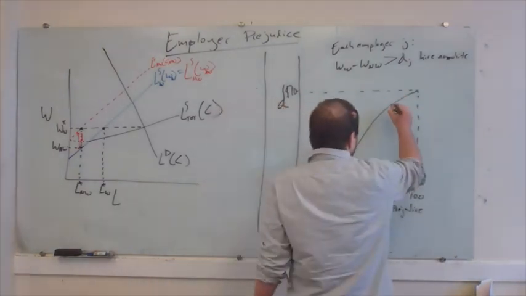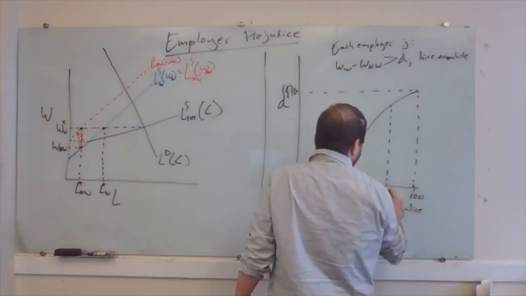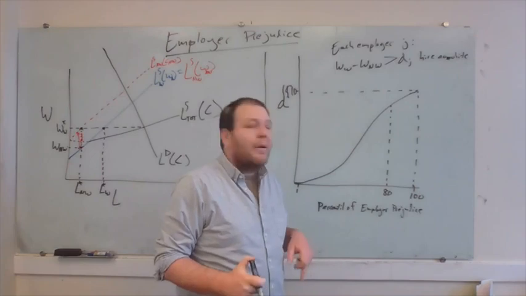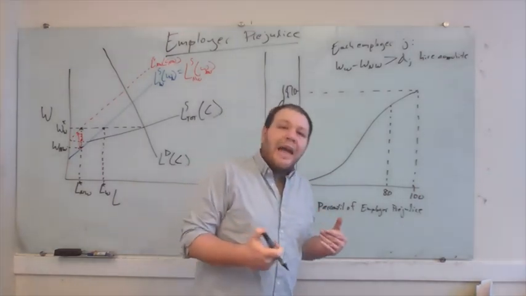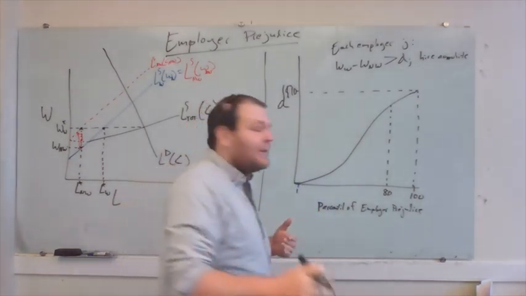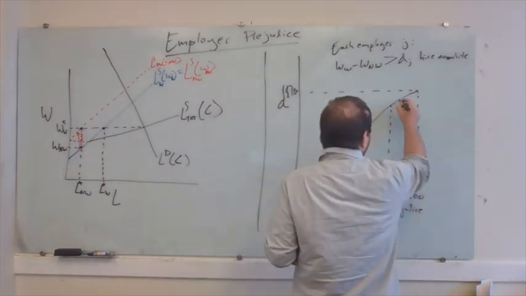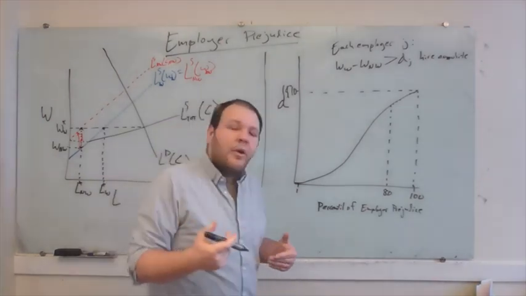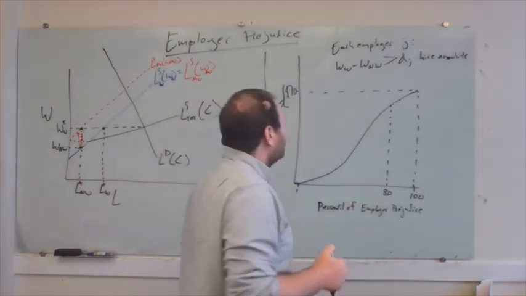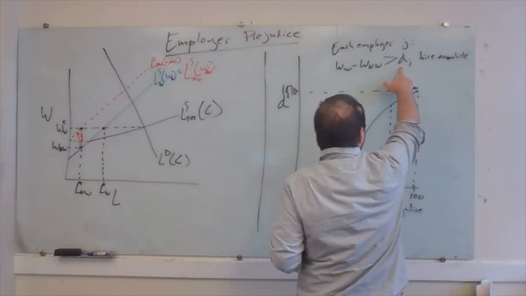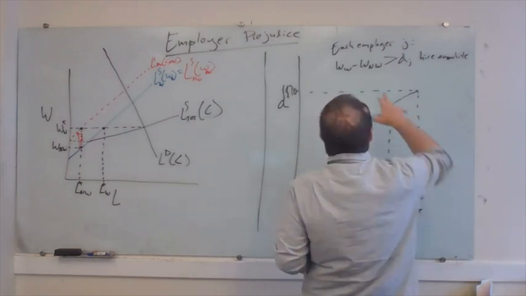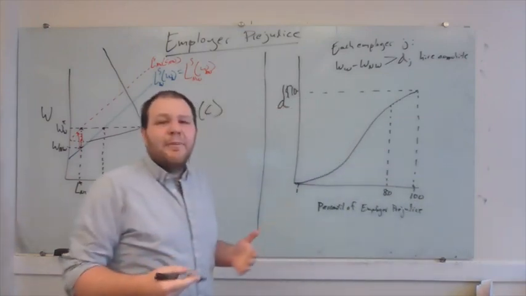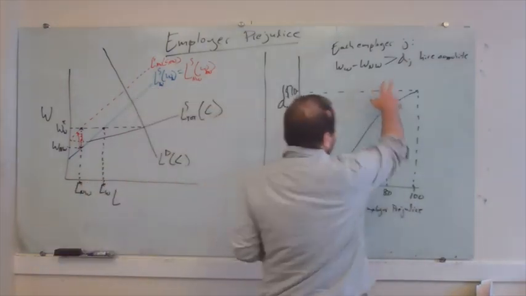So if I knew that an employer at, say, the 80th percentile was hiring all white workers, I could be pretty confident, in fact completely confident, that the person in the 81st percentile or the 82nd percentile or the 83rd percentile is also going to hire only white workers, right? Because if I saw that this person's hiring white workers, I know that their level of discrimination has to be less than the difference between white wage and non-white wage. So even more prejudiced firms have to also be deciding to only hire